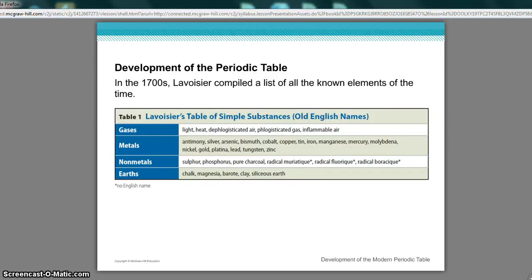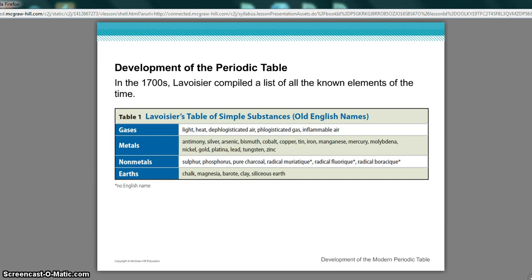All right, in this next unit, Unit 4, we're going to be looking at the periodic table a little more in depth than we have previously and looking at some of the information that we can get from the periodic table besides what we've already found, which are the electron configurations. So to begin, we're going to go way back and look at the development of the periodic table that we